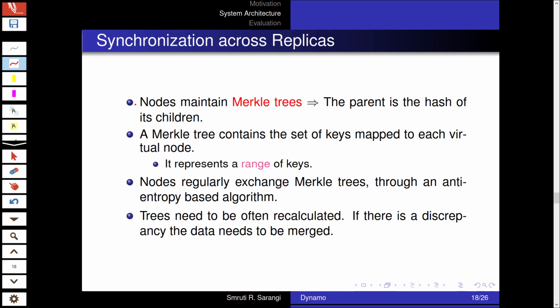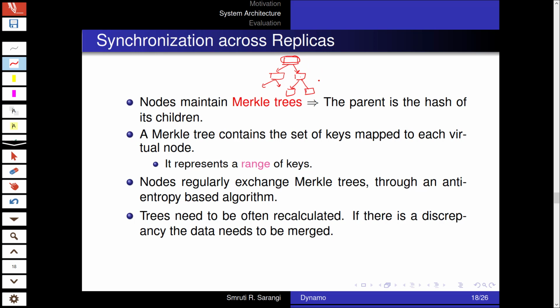Okay, now let's discuss more about how we do synchronization across replicas. So recall Merkle trees. Merkle trees we had discussed in our lecture on Bitcoin and blockchain. Just a quick recap of Merkle trees. This is a regular tree. The leaves are the ones that actually contain real data. Then each internal node, each parent just contains the hashes of its children, right? So each of these internal nodes just contains the hashes. And finally, the root of the tree contains the hashes of its immediate children.